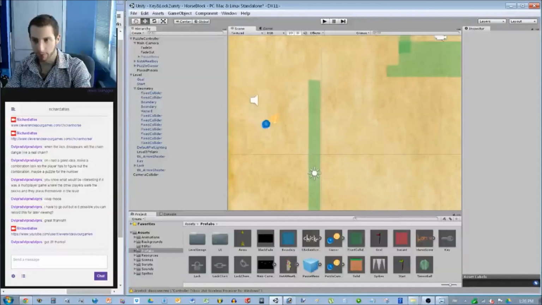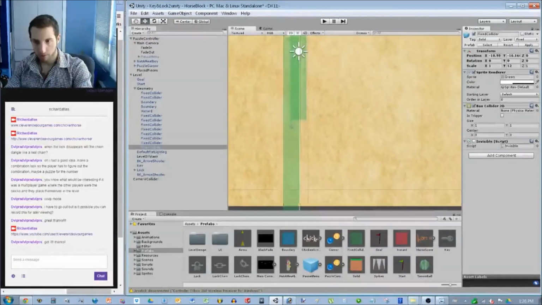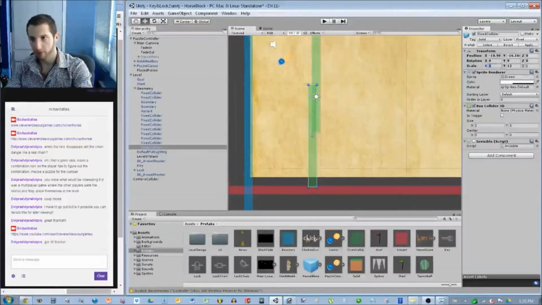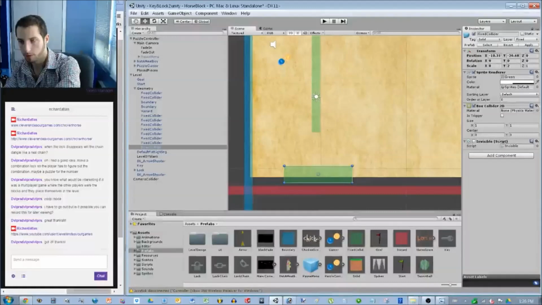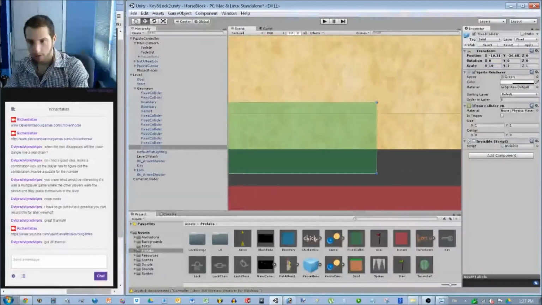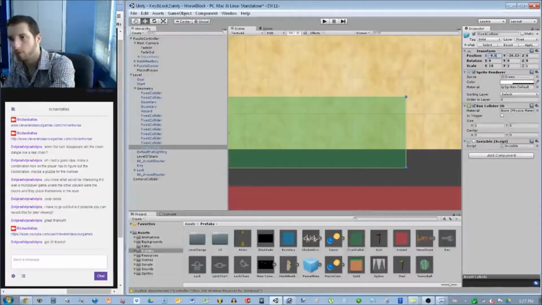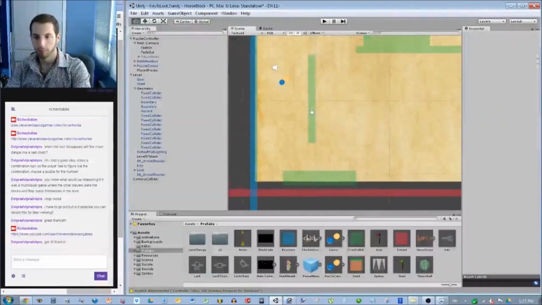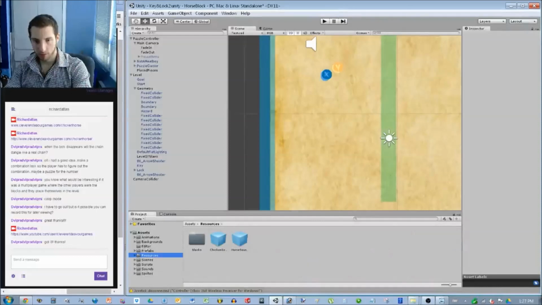Great. What's next? Can make the platform on the bottom. Make it a little wider than that. Let's not be too evil, right? Alright, so next thing is we wanted to